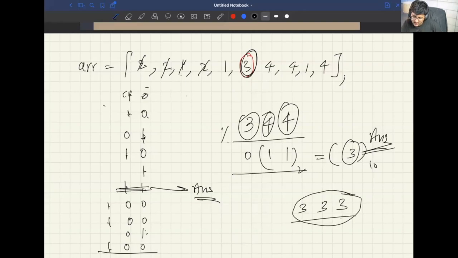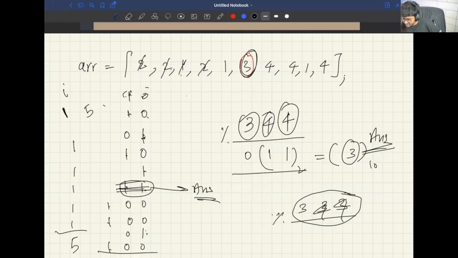If I'm saying there's a number that contains a bit 1 at a particular index I, and that number is, let's say, occurring 5 times, then does it not make sense that if it's occurring 5 times, it will contain something like this? It's the same number, 1, 2, 3, 4, 5. This is what? 5. But here you added an extra thing. So if I added an extra thing over here, this will be given to me when I do a modulo 0, 1, 1. Sound good?